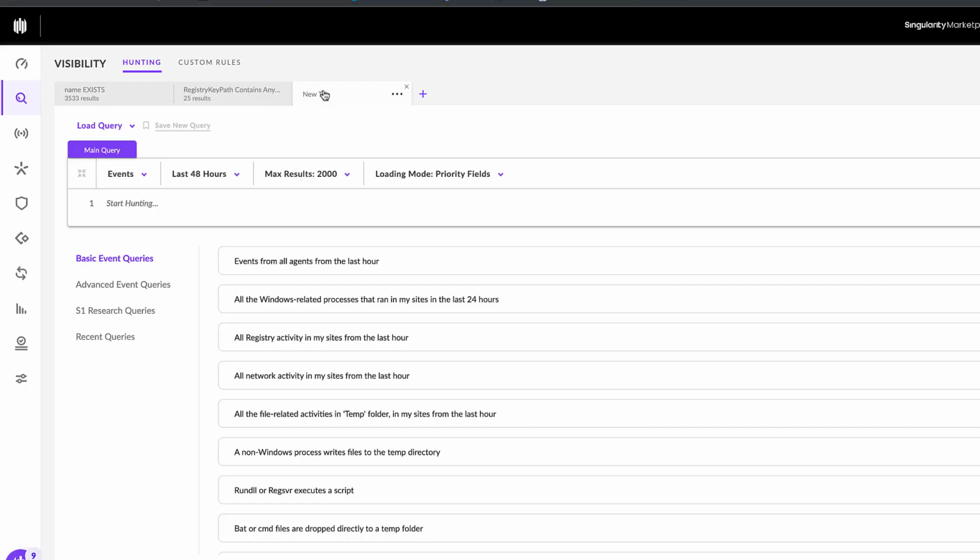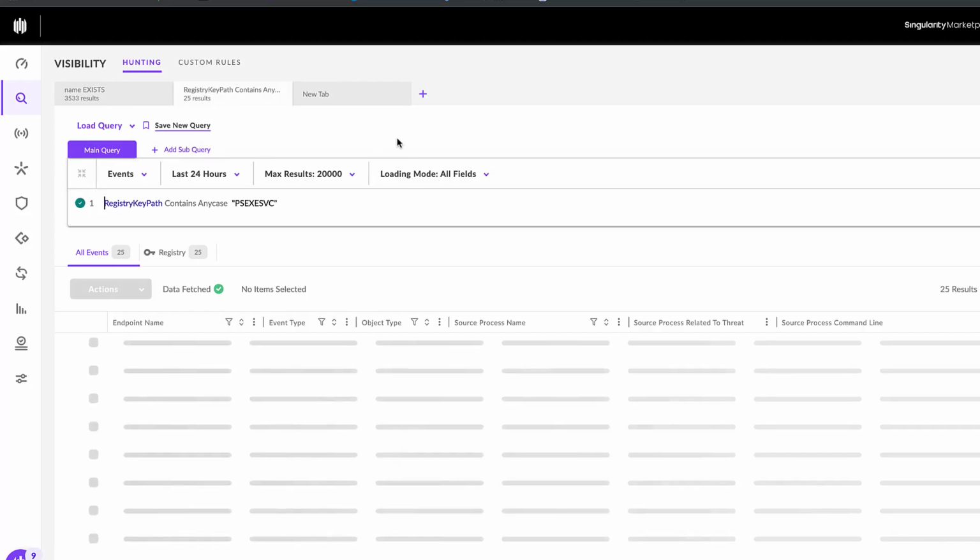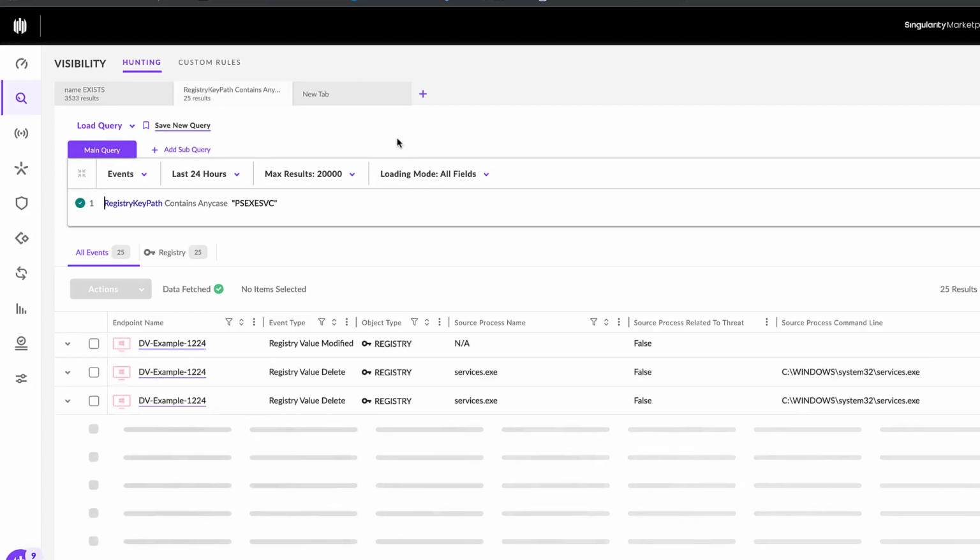But in the end, there are tools that you can utilize outside of us and Singularity's tools to get even more information out of the registry. But as quick and dirty searches, it is a good place to go. One thing you can do is look for specific types of keys. Here's an example where I looked for the